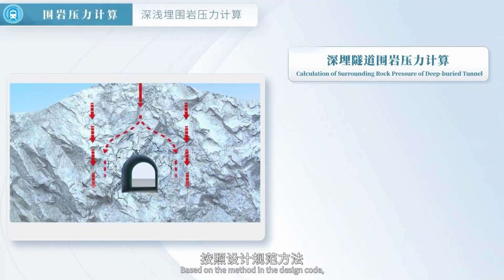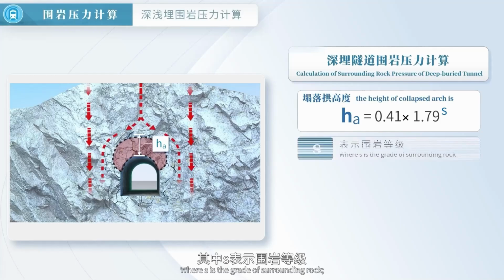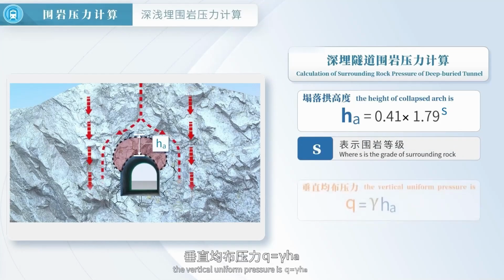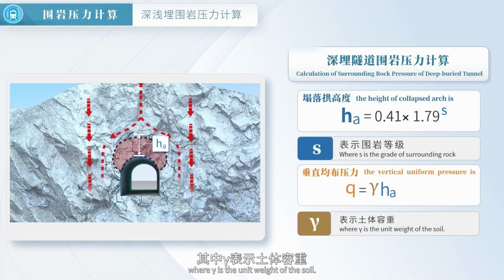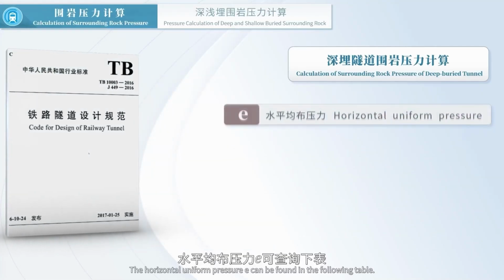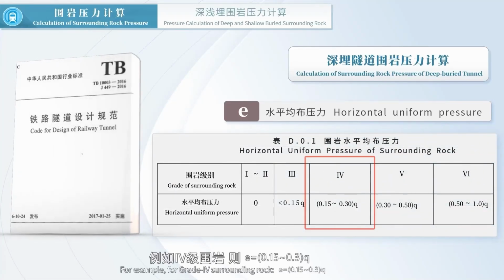Based on the method in the design code, the height of the collapsed arch is given by a formula, where S is the grade of surrounding rock. The vertical uniform pressure is given by another formula, where gamma is the unit weight of the soil. The horizontal uniform pressure E can be found in the following table. For example, for grade 4 surrounding rock,